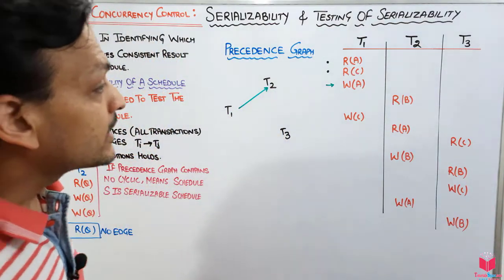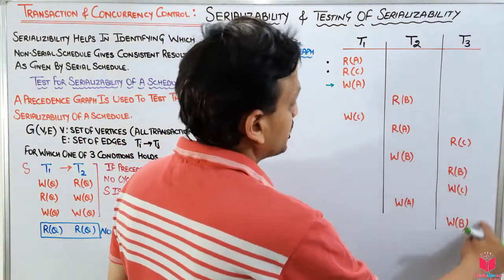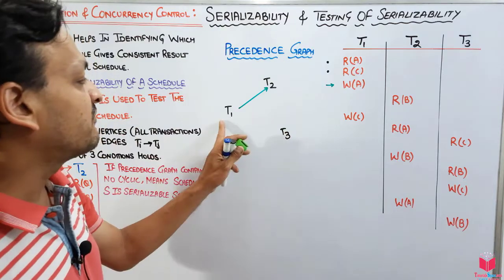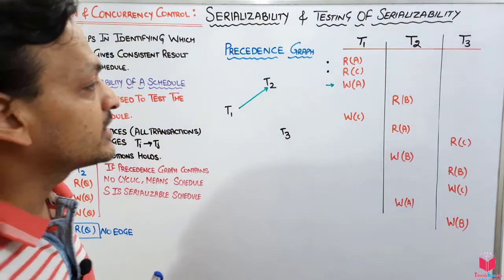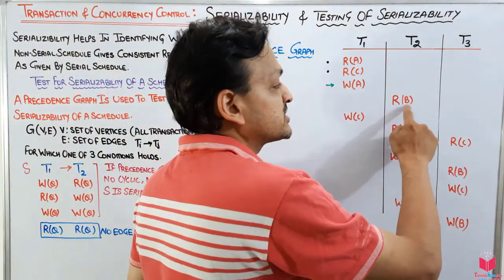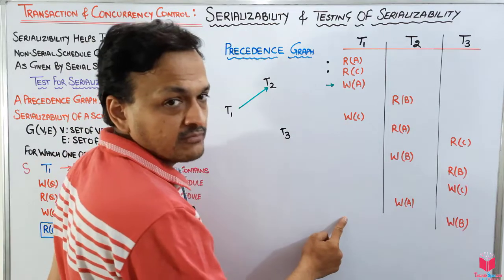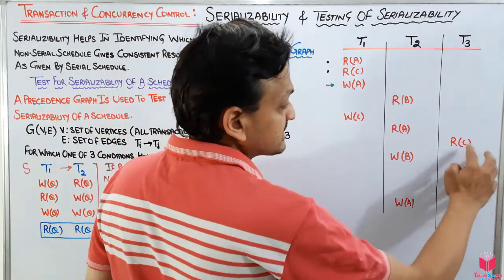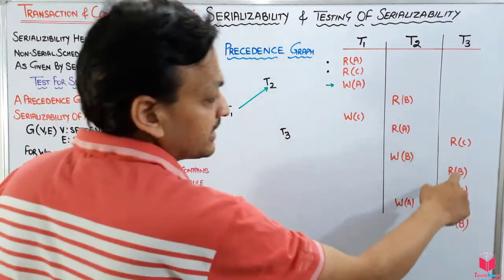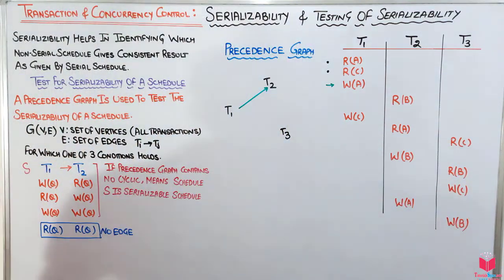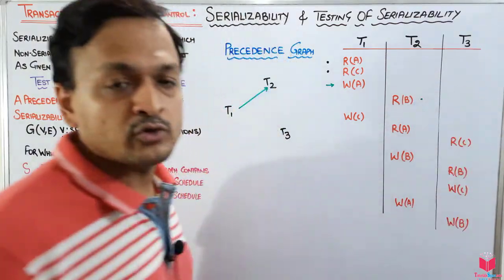Okay guys, after that I will look for the C. Is there any A variable? No, so I get only the edge from T1 to T2. Now it's time for the RB, that is read operation on B variable. I will look here, there is no B variable. Is there a B variable? Yes. C will be neglected, but there is a B variable, but it is a read. For a read operation on the same variable, I will do nothing. That means this operation is not going to give any edge.